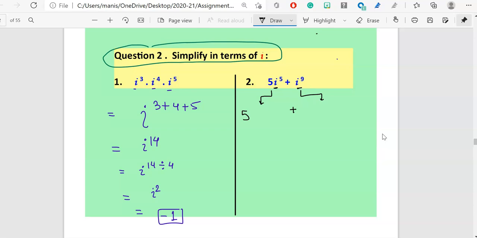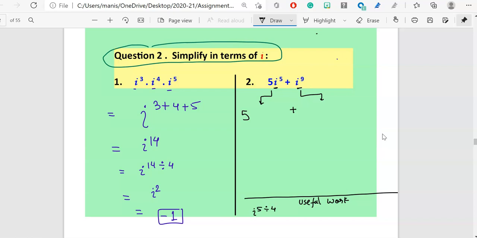This says i to the power 5. Usually I will not do all this over here. I will do some, this is the part over here. Let's call it useful work. Instead of scratch work, I usually call it useful work. So I'm having i to the power 5. I will divide this by 4.